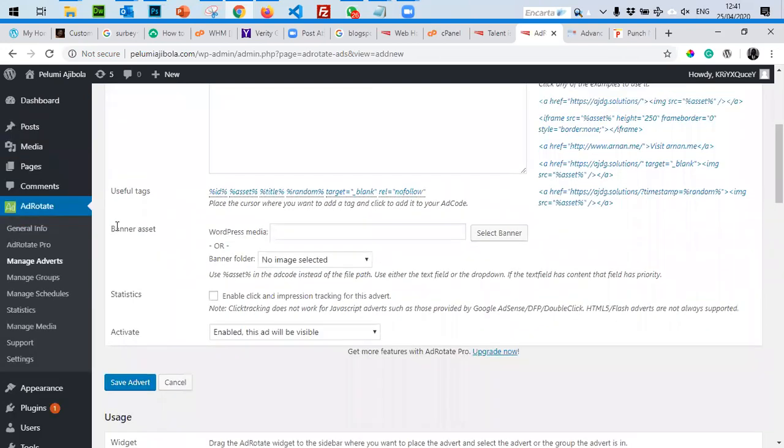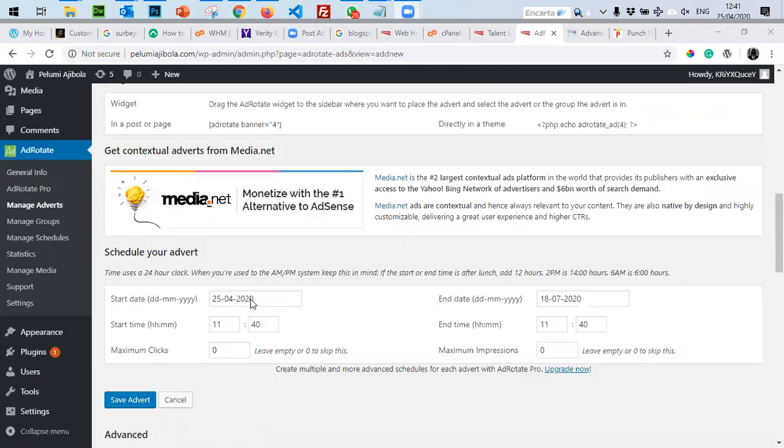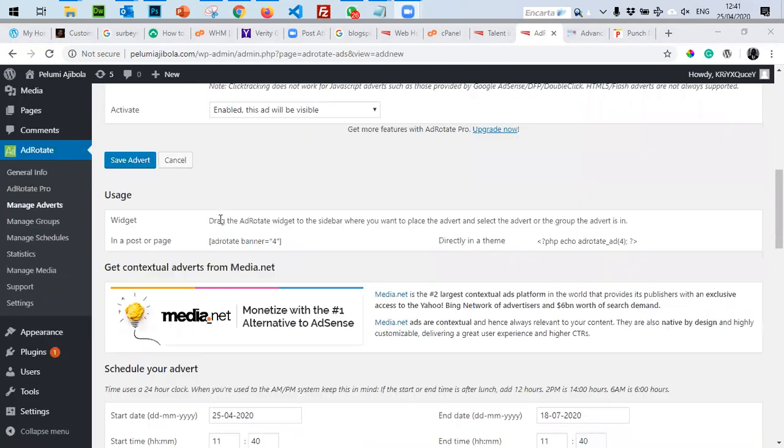Now, the mascot, sorry, I want to be sure you are with me. He's no longer here. Okay, so for every other person, what I didn't look at, I was trying to rush through the advert to answer his question. But for advert, on your widget, it says to drag the ad rotate widget to the sidebar.